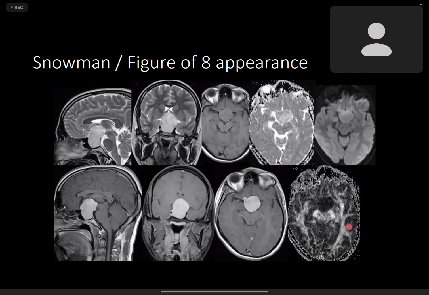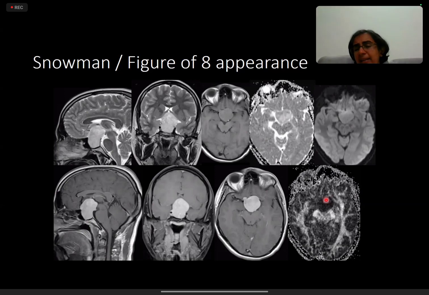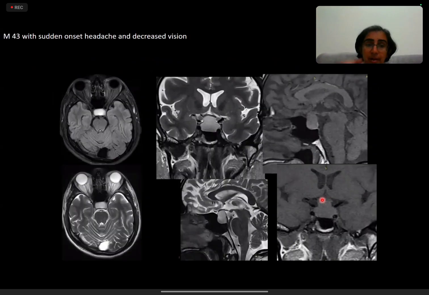Ma'am, with DTI imaging, we can have a better understanding of the optic tracts. Okay. See, basically, optic tracts would be seen, and of course, we are seeing the compression of the optic chiasm. That's what the neurosurgeons are concerned about, whether the optic chiasm is compressed and how to protect it. The fractional anisotropy maps, the ADC values and the FA values show how cellular the lesion is, and how suckable and friable the lesion is while doing surgery. So this gives important information.